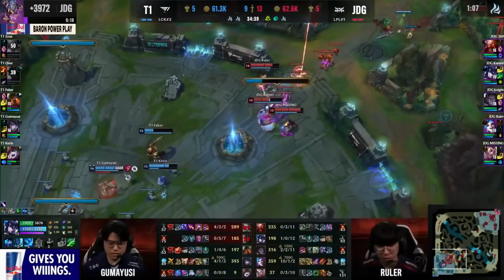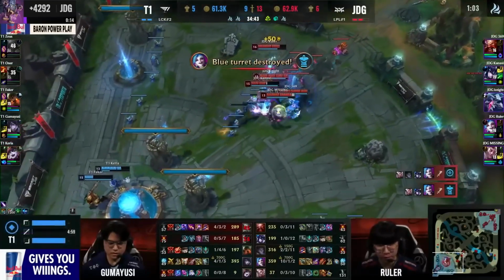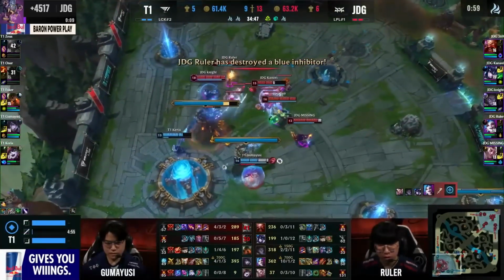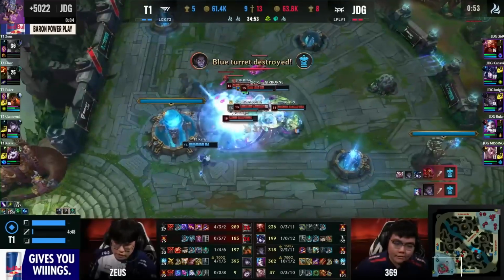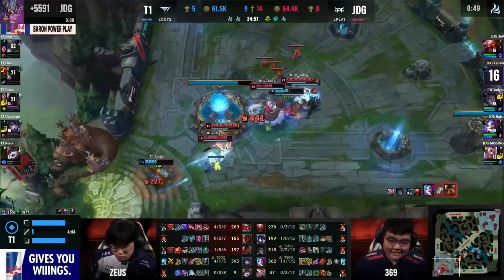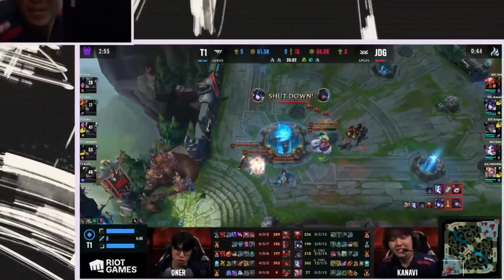JDG are pushing for the win here. At 35 minutes, I think they may have done it off the back of Ruler just keeping cool. He held the flash after the last team fight, and now they're going to break down the Nexus turrets, and JDG will be waiting to see whether they get a rematch in the final of MSI 2023. And as T1 falls to the lower bracket, JDG